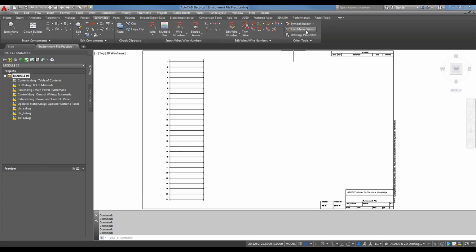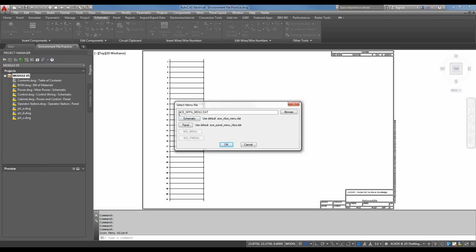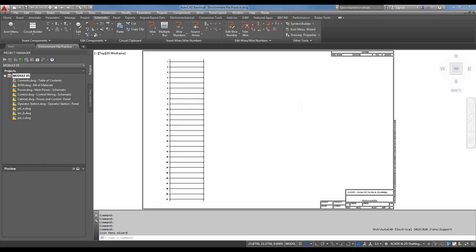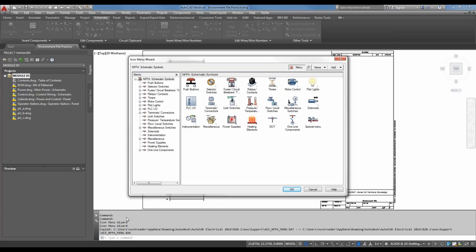Now typically the way that you would go about adding icons to the icon menu is using the icon menu wizard here found in the schematic tab and the other tools panel. By clicking on that, it asks which menu file I'd like to modify. I'm going to use my ACE NFPA menu.dat file. Now this is just simply a